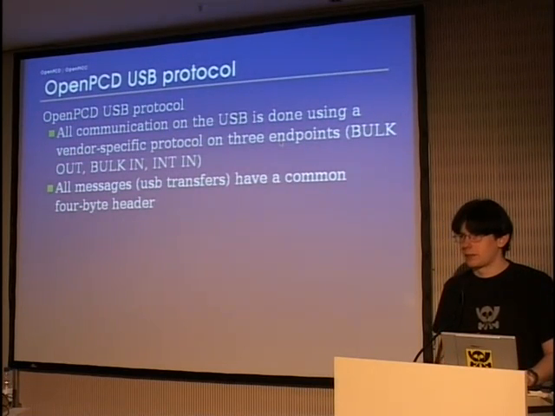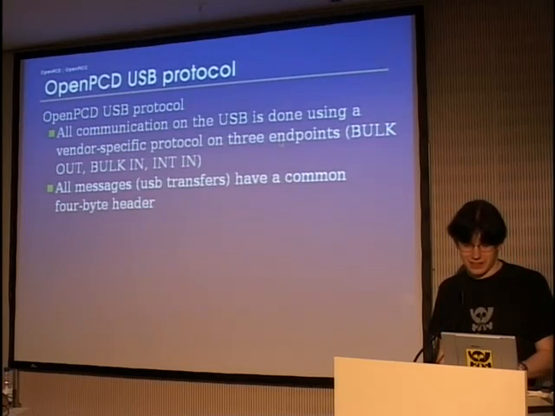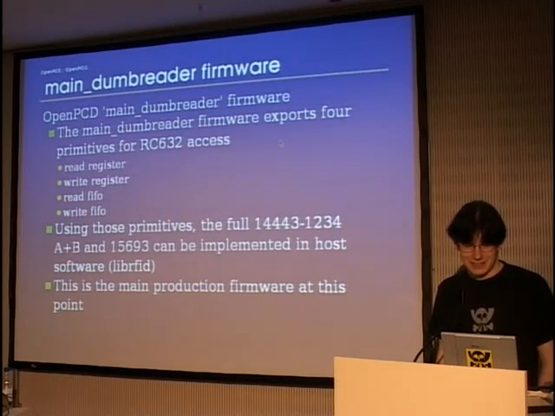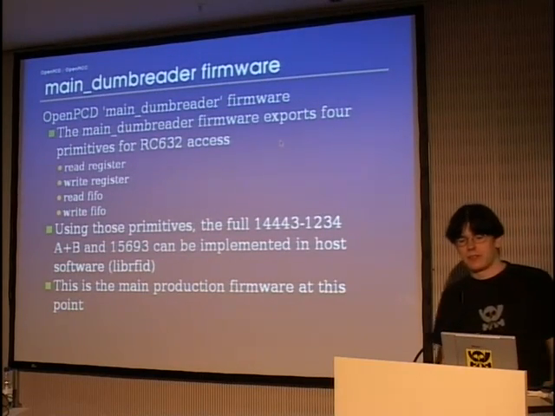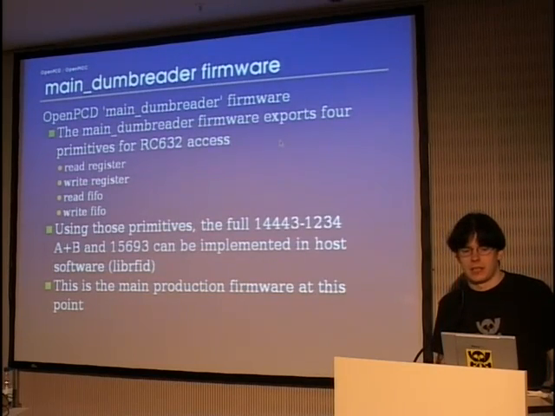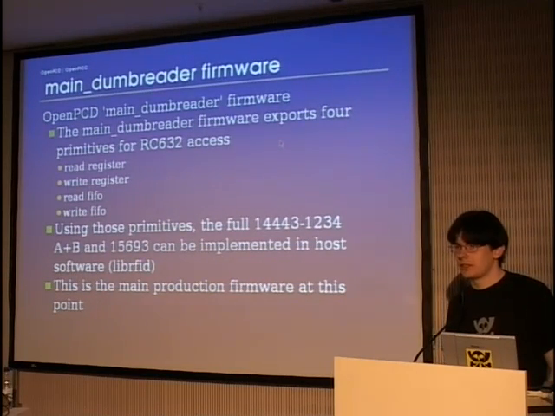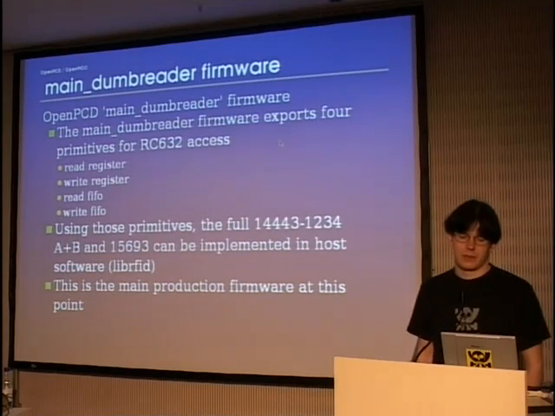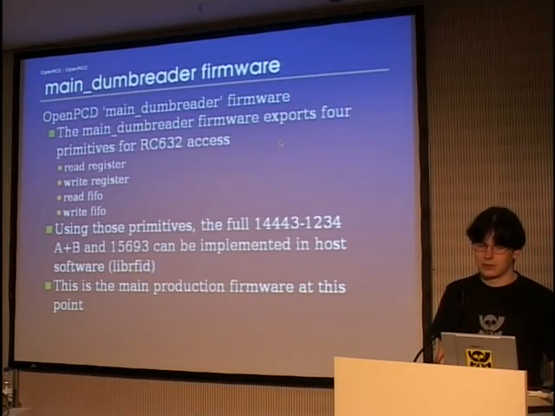There's no documentation of that protocol, but there's all the source code on the host side and on the device side, so whoever wants to write something compatible has 2 example implementations. So the main dump reader firmware basically exports 4 primitives on the USB protocol. The primitives are all related to the RC632 ASIC. You can read registers, you can write registers, you can read the FIFO, and you can write the FIFO. That's basically it. And using those primitives, you can implement the full 14443, layer 1 to 4, A and